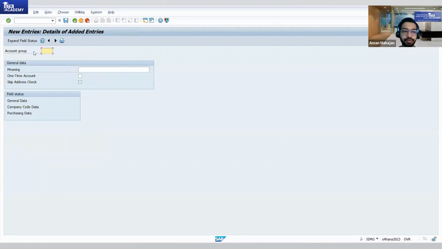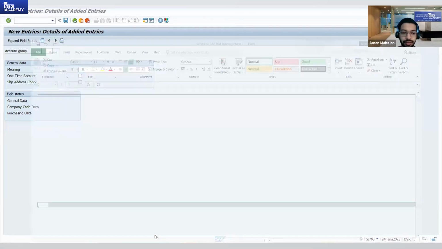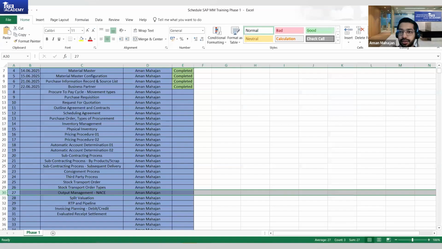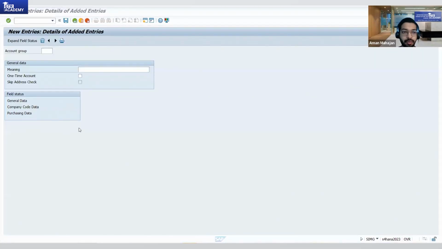It's a vendor account group. So what happens in the vendor account group? What is the field status? Let's jump right in. My vendor account group will be Alpha. I'll put two account groups: ALFA, or I can put ALPHA 1, and I can put BETA. So I can put two account groups, Alpha one-time vendor or Alpha